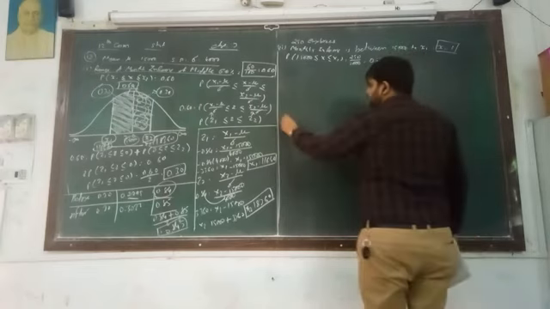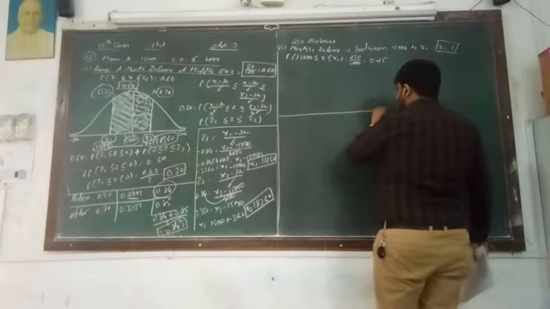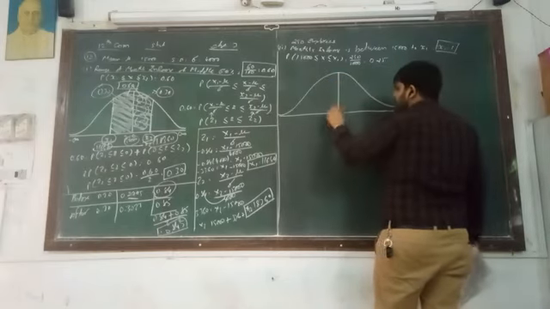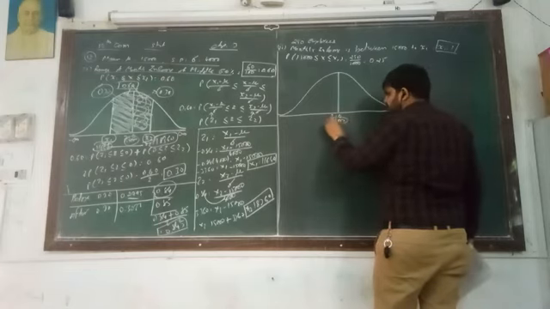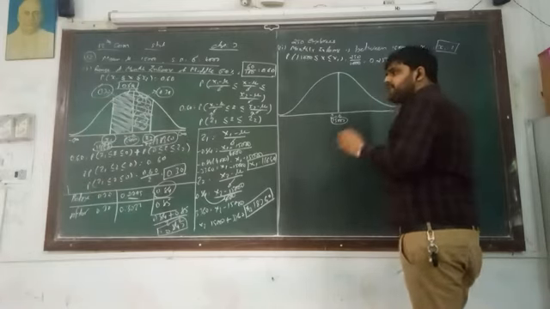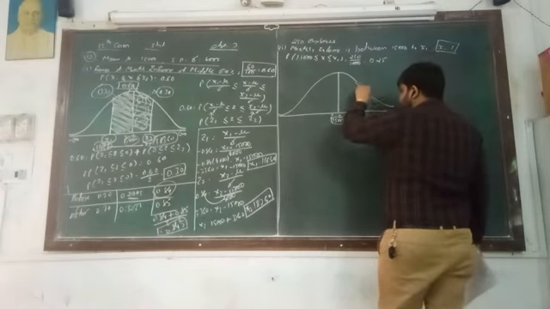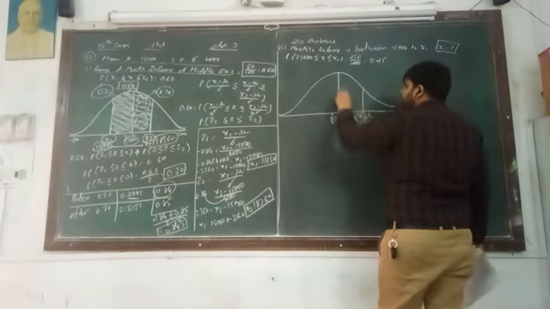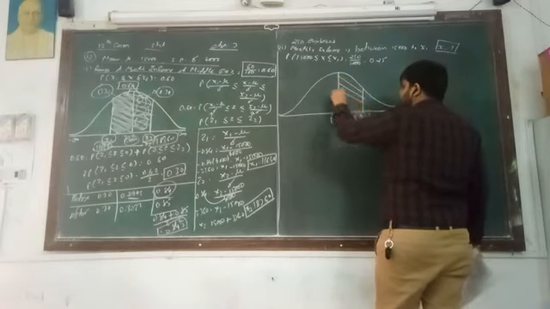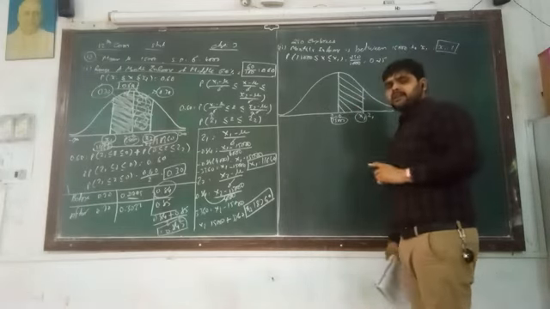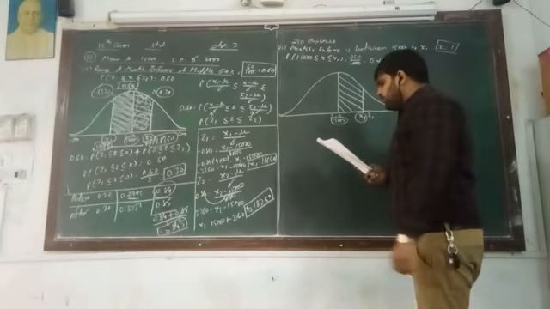So here first of all we have to draw a bell-shaped diagram. So this is the bell-shaped diagram. Z is equal to 0, that is, as we know, the mean is equal to 15,000. More than 15,000. So here we have to convert more than 15,000, that is called x1, or we can say z1, and we have to find out this particular portion.